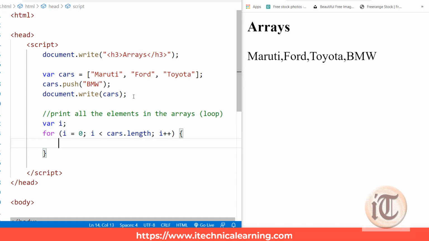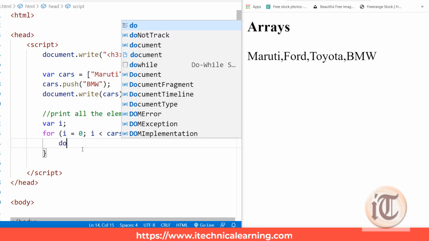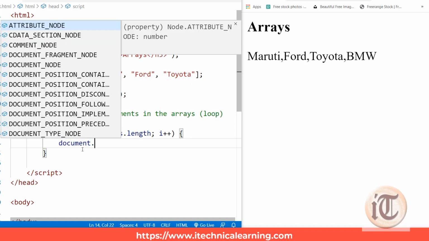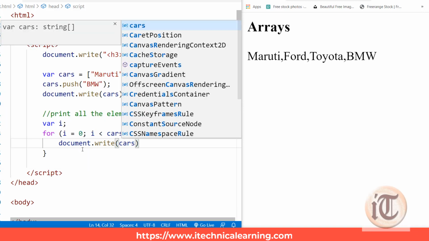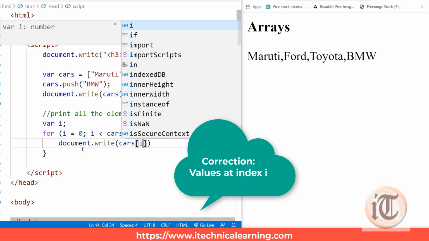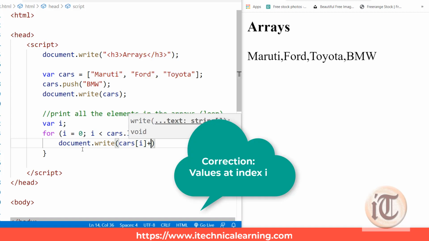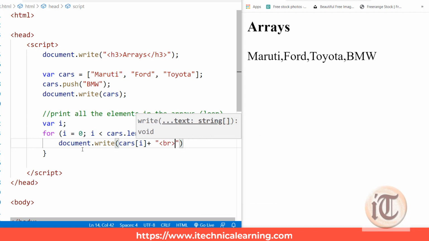Okay, so what I'm doing, I'm starting from the first 0th index of the array, and I want to go to the cars.length, that is the total array length. Okay, and then I want to print document.write, and I want to access cars array values at index i, plus I want to concatenate it with the line break, so that each value gets printed into a new line.